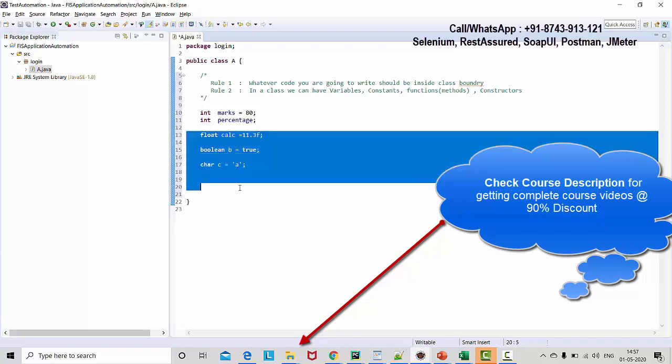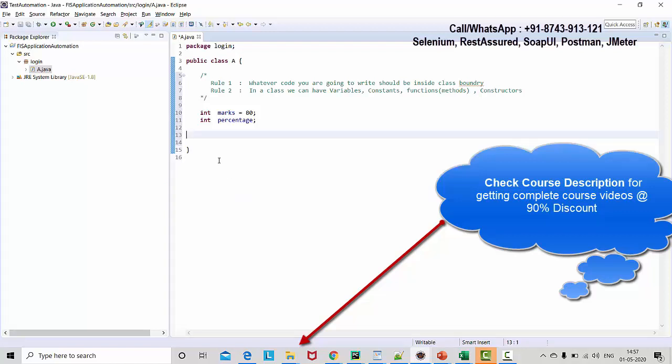So now we have seen variables. If I give you a definition, variables are used to hold data, and the variable value can be changed. Okay. Next I'm coming to constants. So constants also are used to hold data, but the value of a constant cannot be changed. So here I have a variable. If you want to make it a constant, just write final. As I write final in front of that, it becomes a constant. We cannot change its value. So that is one constant and one variable.